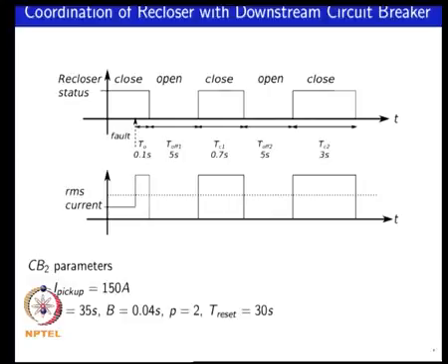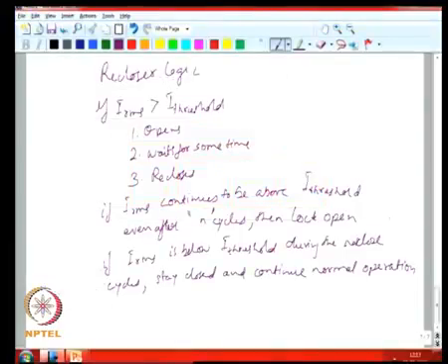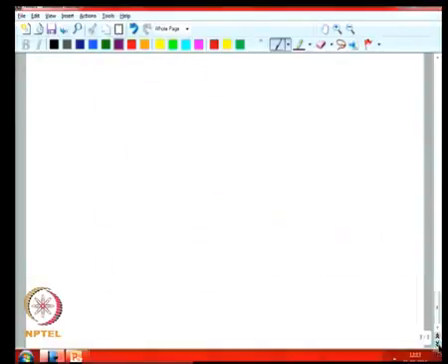zone 2. So, what is shown over here is an example of a fault in zone 1. It is a permanent fault in zone 1, it tried 2 reclose cycles and it just locked open at the end of it. Okay. So, the current came down to 0 and stayed 0 at the end of such a situation. So, if you look at a zone 2 fault,